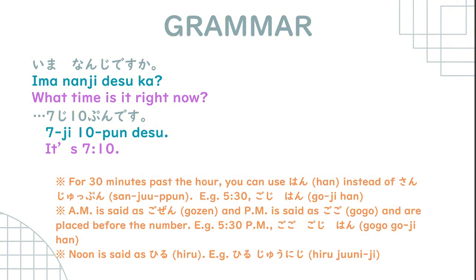Next is the AM and PM. First, AM is read as gozen, okay? Gozen. And PM is read as gogo. So this is AM. This is PM. So right now it is currently 9:52 p.m. So we'll say